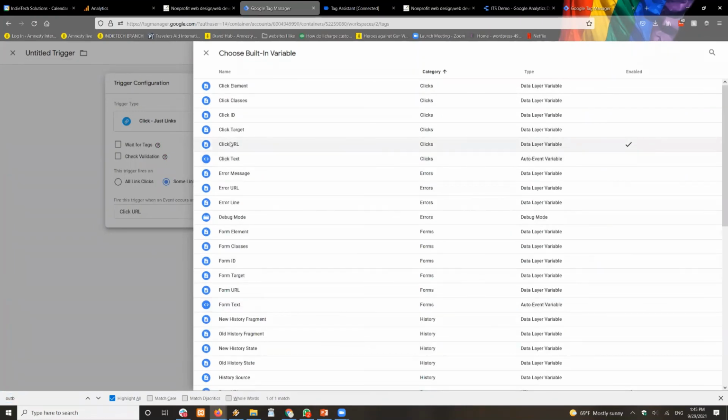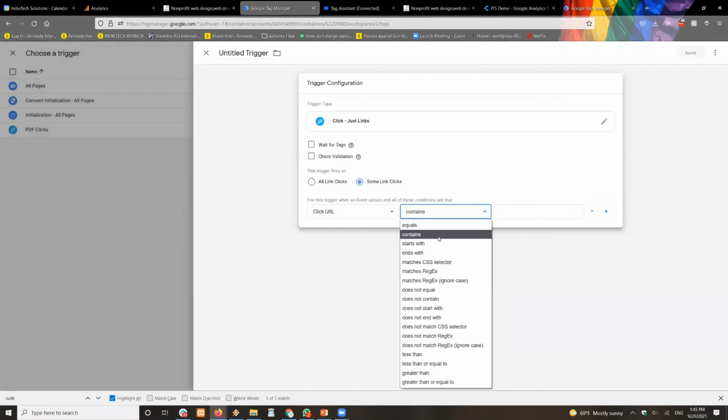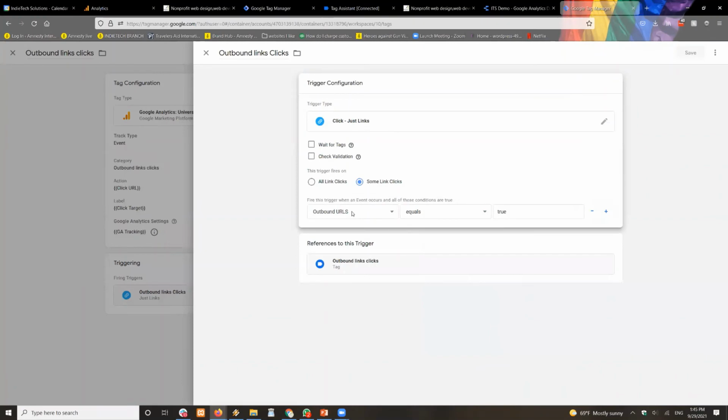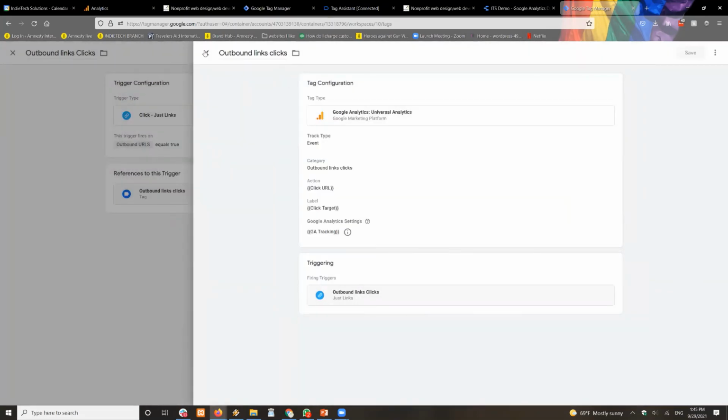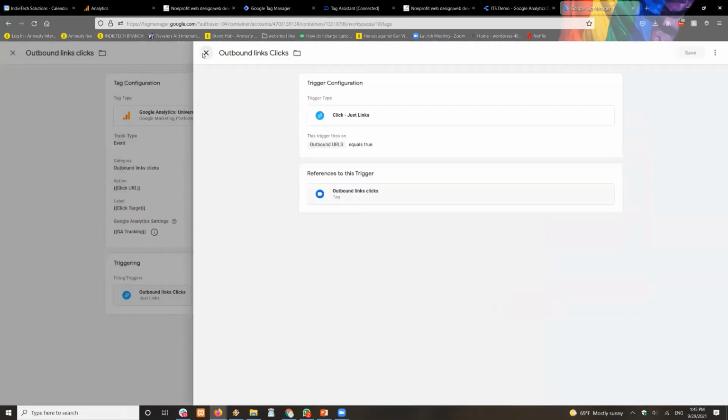This one is not. The one I'm looking for is some clicks. The outbound URL is true. And that will give us all of the URLs, like when we click that is external.